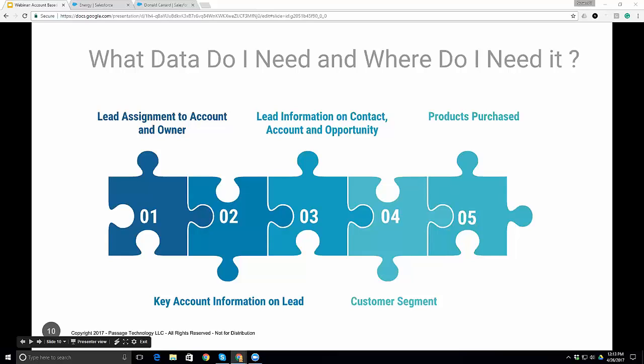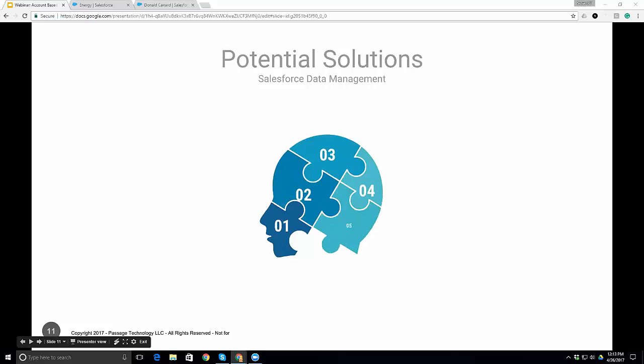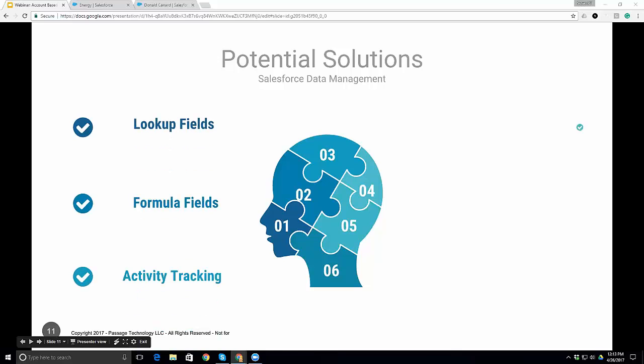So you need to be able to see all of the right information in the right place at the right time. Lookup fields can be used to tie everything together. Automatically populate your lookup fields based on company, domain, address, phone number in order to assign the lead to an account. Assign the lead to the account owner. Associate any custom objects you have, tier, industry, or reporting month.